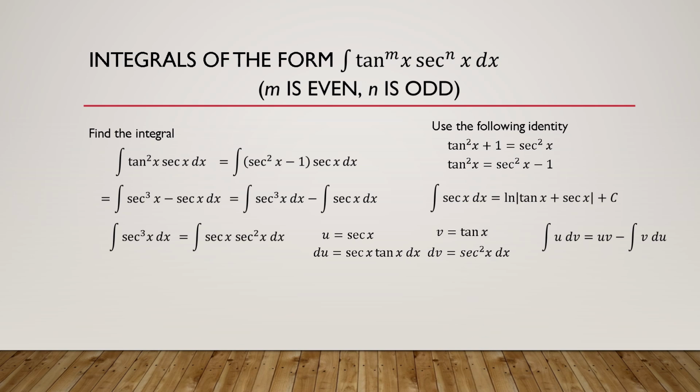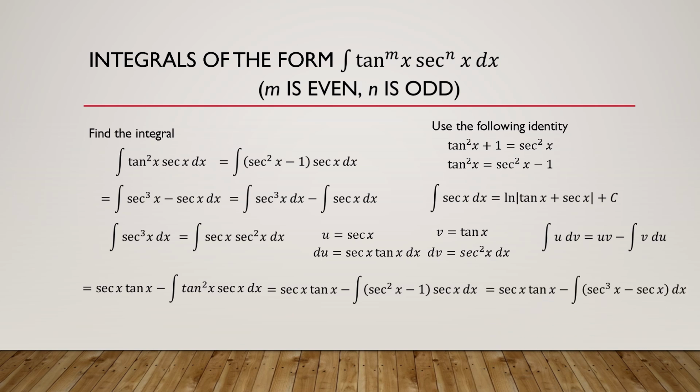So the integral of secant cubed x dx is equal to secant x tangent x minus the integral of tangent squared x secant x dx. Referring back to our identity, we can substitute the tangent squared x with secant squared x minus 1. In this next step, secant x times tangent x does not change, and the new integral is secant cubed x